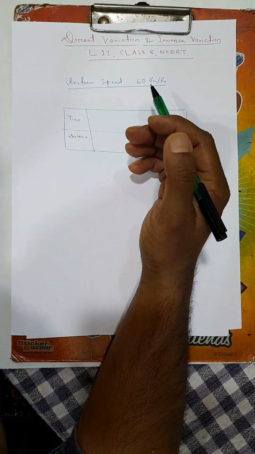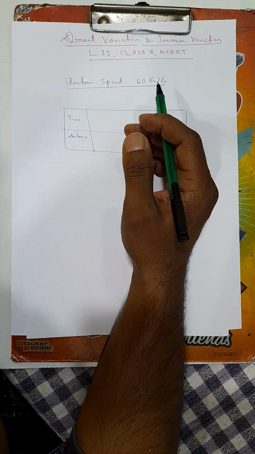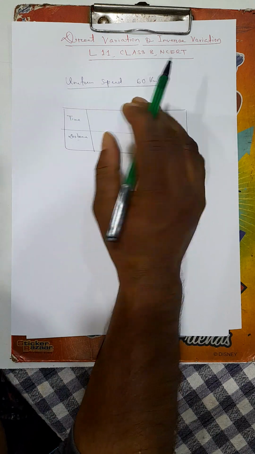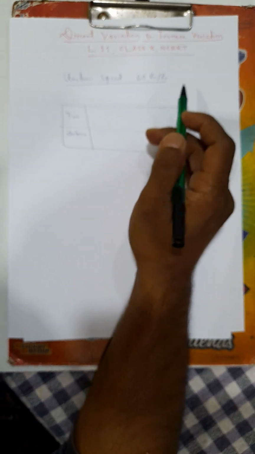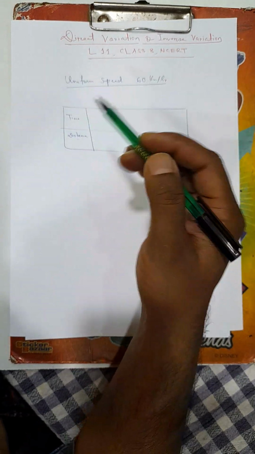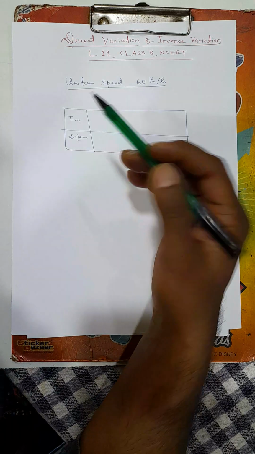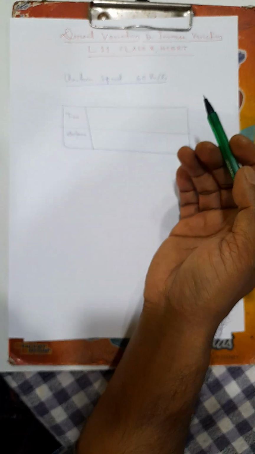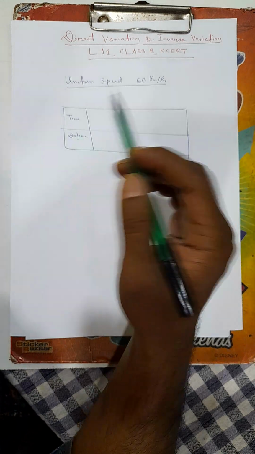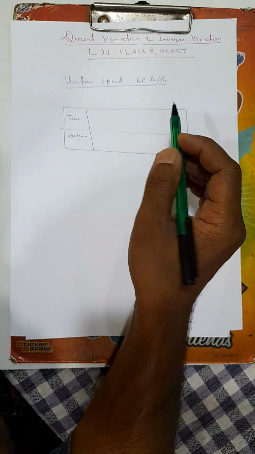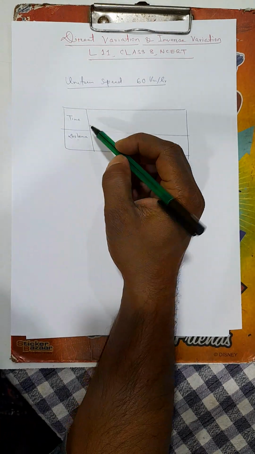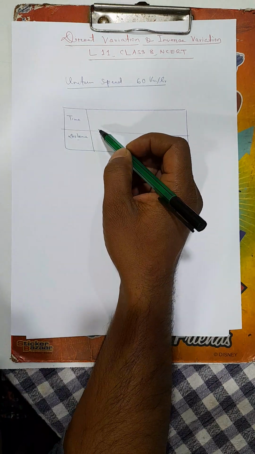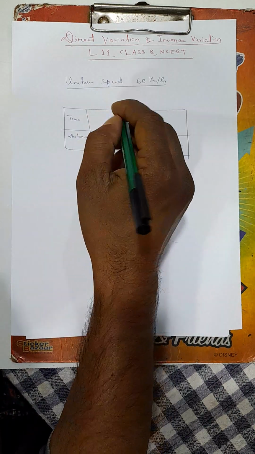Now, what is uniform speed? As you have studied in physics, uniform speed means a vehicle is covering equal distances in equal intervals of time. That means in the first hour it is covering 60 km, in the second hour it is again covering 60 km, in the third hour it is again covering 60 km, and so on. So if you find the relation between time and distance traveled by this car, you find that